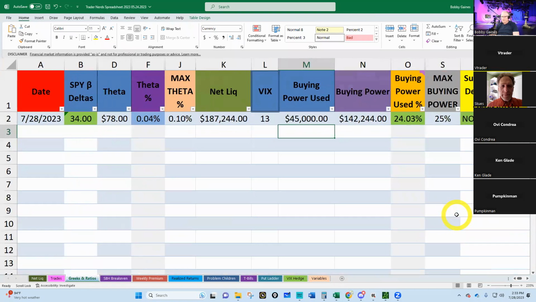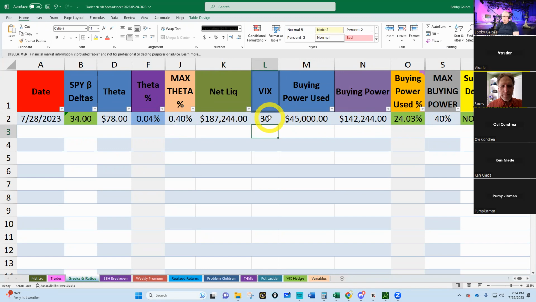So here, this tells you if your deltas are okay, it's going to say green here and no adjustment. If your theta is okay, then it's going to be just groovy. And if you're under whatever it says your max is, you're fine. I'm at 0.04%. I can be as high as 0.10%. All right, my buying power is at 24%, and it says my max buying power is 25%. Now watch what happens as VIX goes up. Let's see these numbers change, 25%, 0.10%. Watch what happens if you go to a VIX of 30.